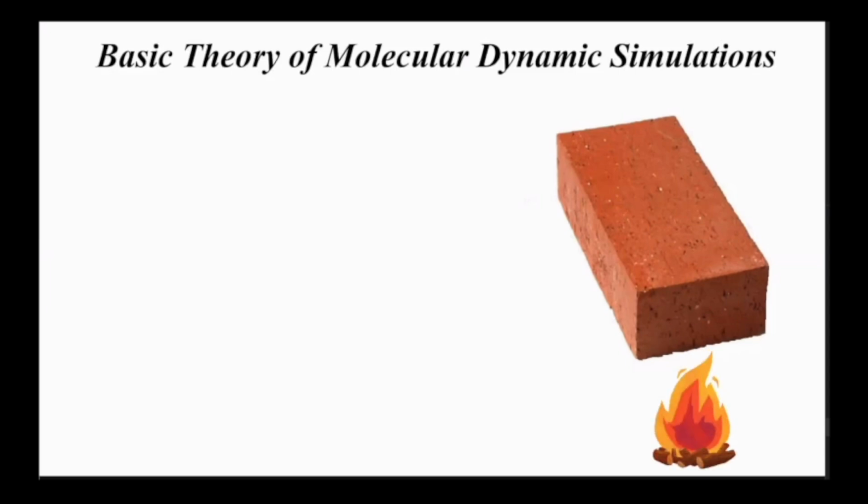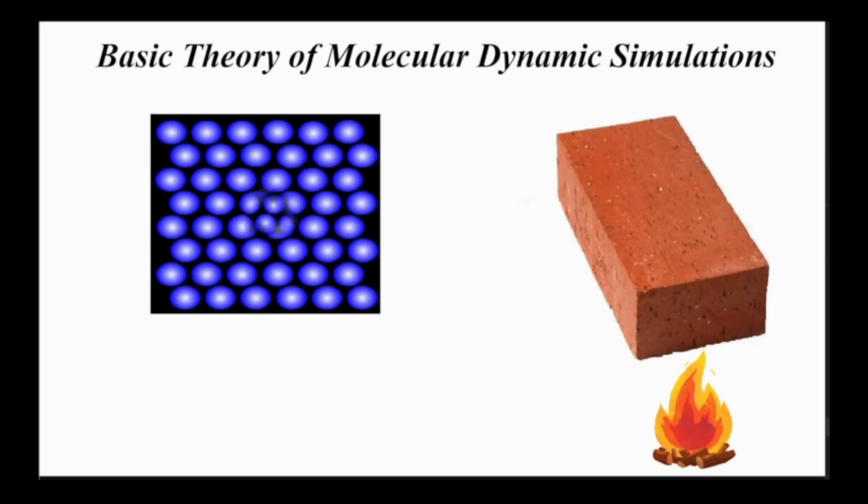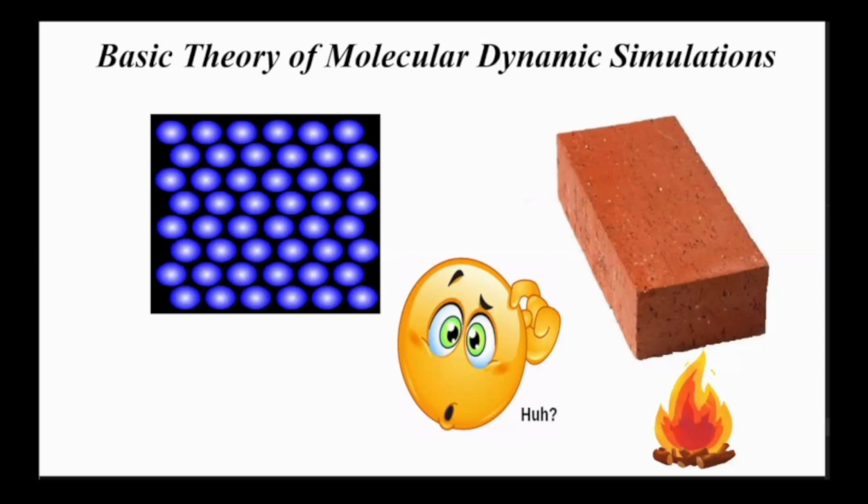Similarly, let's say that you are going to heat the brick. Obviously, the movements of the brick atoms will be enhanced, and because of these movements, there will be a flow of heat from one part of the brick to another part. So when you heat the brick, the kinetic energy of the atoms in the brick will increase, and they will start to move faster. Now, if you want to simulate how these atoms are actually moving, and what their x, y, and z coordinates in space will be after a certain period of time when you provide them the energy,